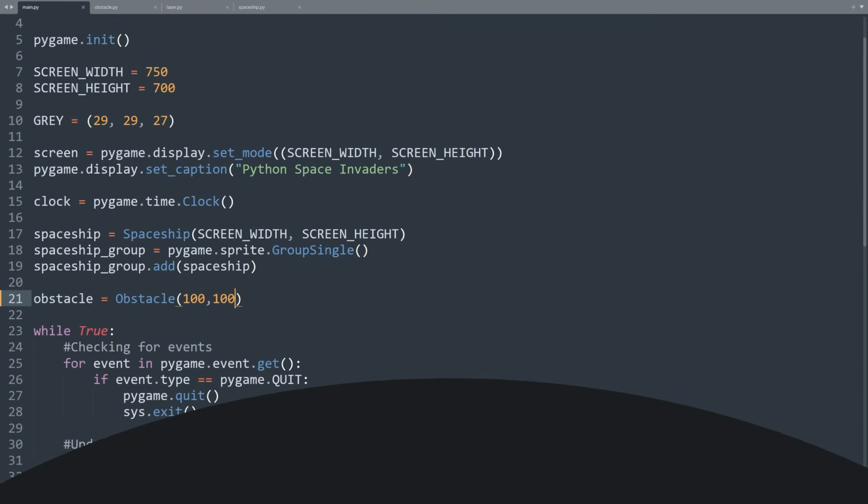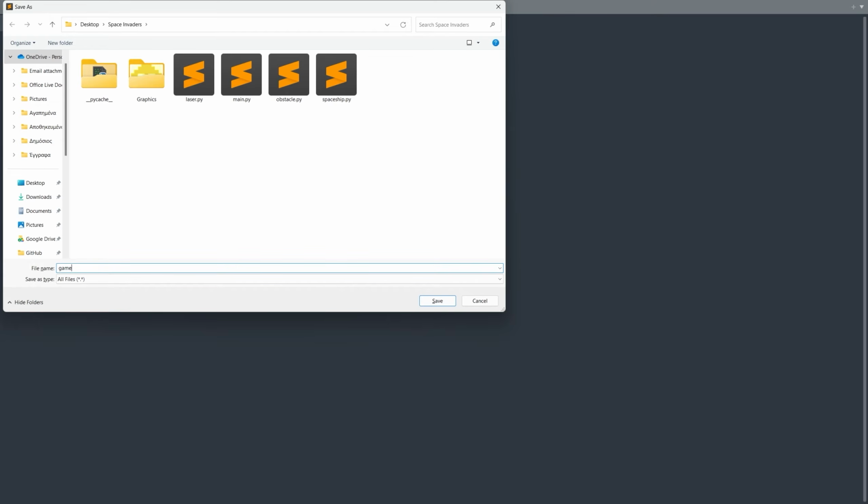So let's create a new Game class. We create a new file and we call it game.py. Now we type import pygame. class Game: def __init__(self): The Game class must create and hold a spaceship. So let's import the Spaceship class we have created. from spaceship import Spaceship. Now let's create a spaceship group to hold the spaceship.